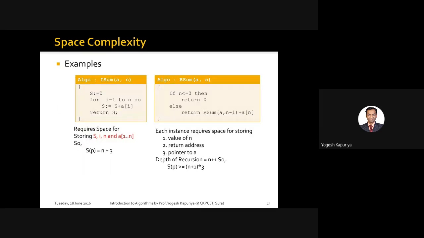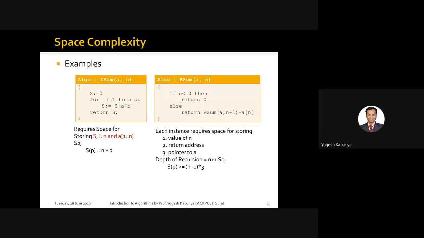Most of the algorithms have two components. One is a fixed component which, irrespective of whatever input you are giving to an algorithm, is the minimum space which is required. And there is a variable component. This variable component depends on the type of input which you are giving to the algorithm.